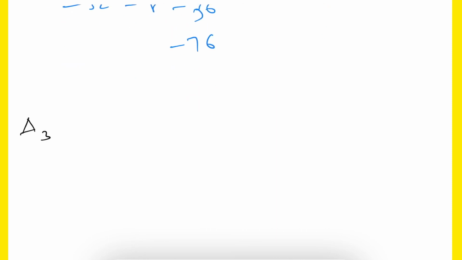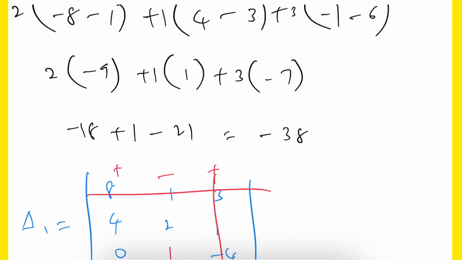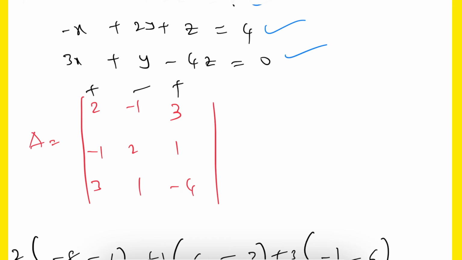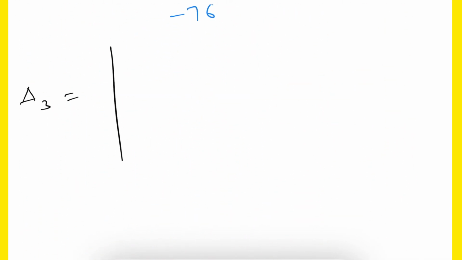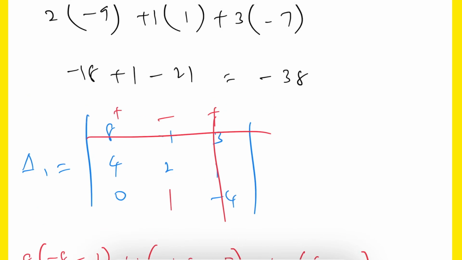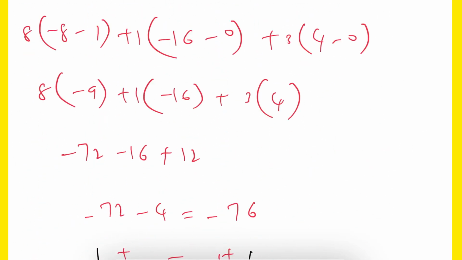So delta 3 is nothing but first two rows, two columns as it is, then third column should be replaced. Let us check now. Okay, this third column should be replaced. First column will be 2 minus 1 3, then second column will be minus 1 2 1, and third column will be replaced with the constants 8 4 0. Okay, now for this, if you find out the determinant, plus minus plus